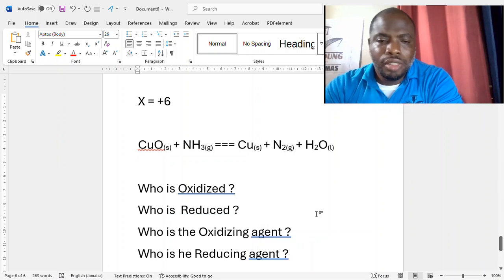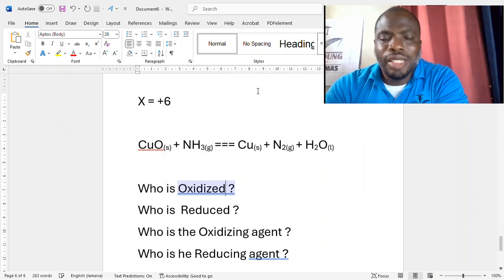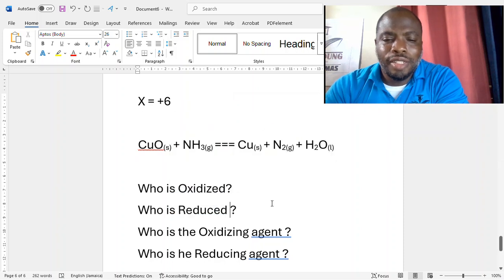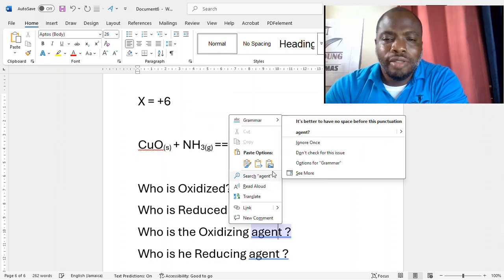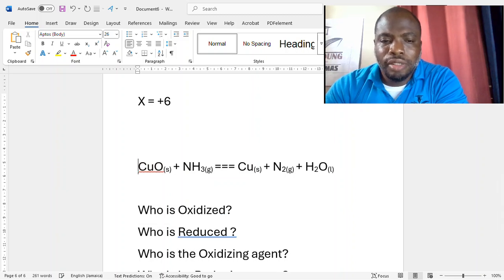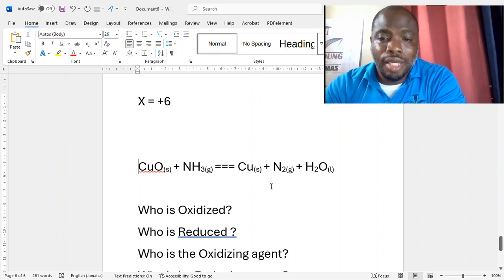I said, sir, I think I can do this. But I gave you all the knowledge. We've discussed all the knowledge that would be necessary to figure this out. And so let me show you. If we want to know who is oxidized, and let me bring this down a little bit, if we want to know who is oxidized or who is reduced, then